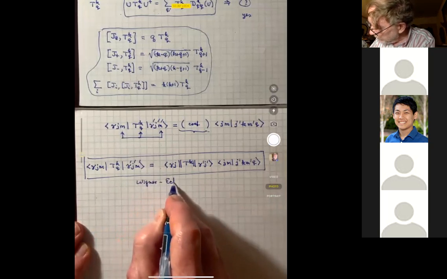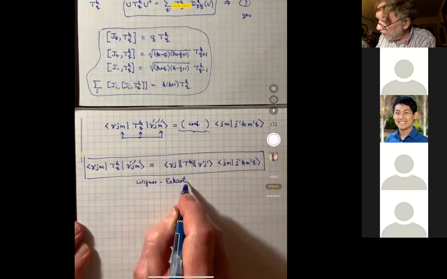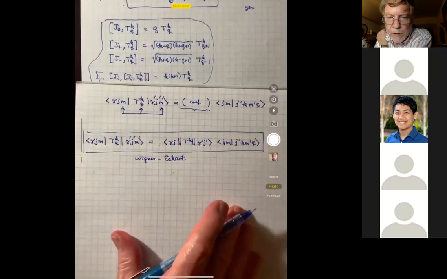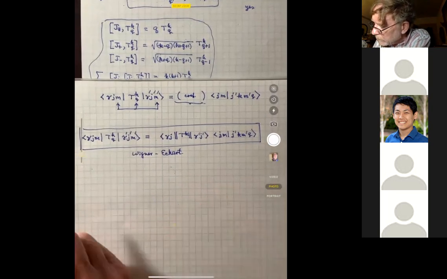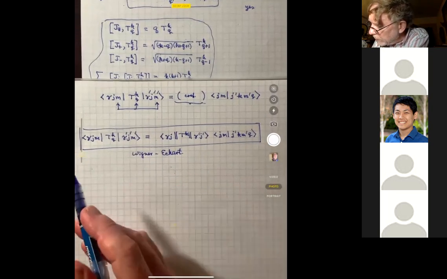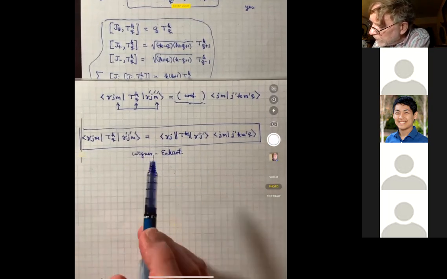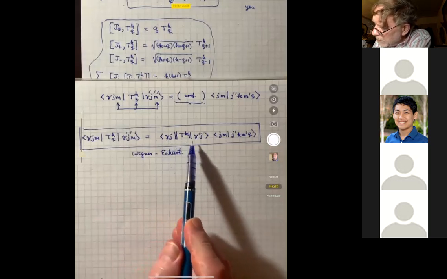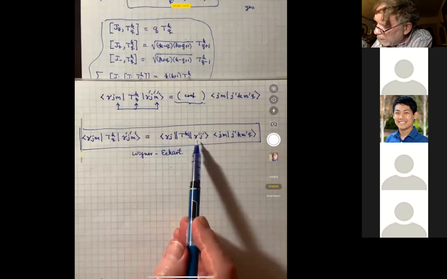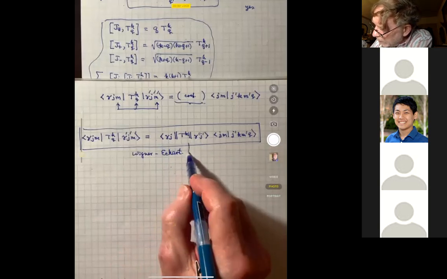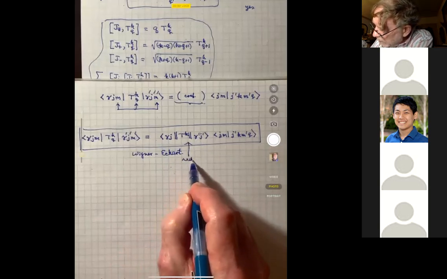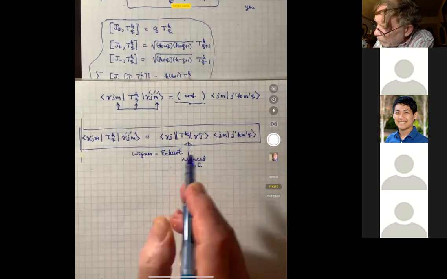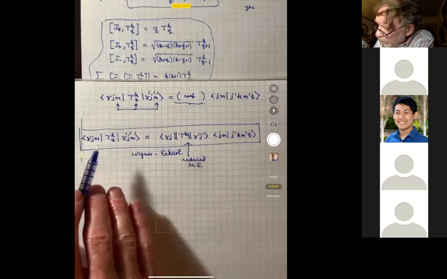And don't be intimidated by it. It's actually not that hard to use. It's actually quite easy to use, as a matter of fact. There are 2 different applications of it that we can use. But first, let me be clear about the notation. This double-barred matrix element here, which by the way is sometimes called a reduced matrix element,